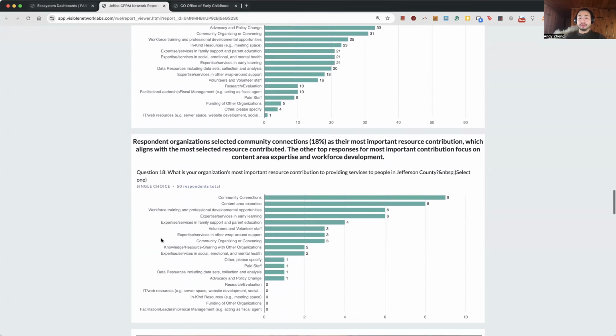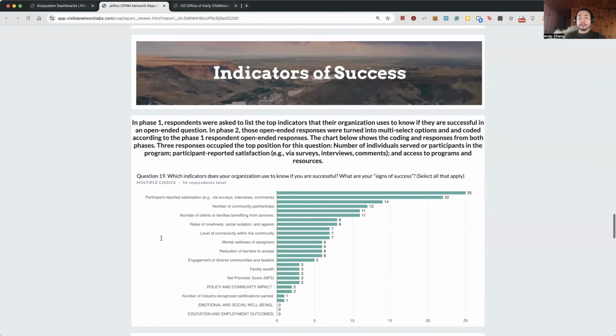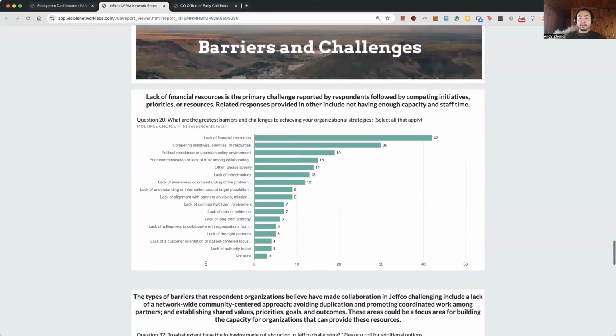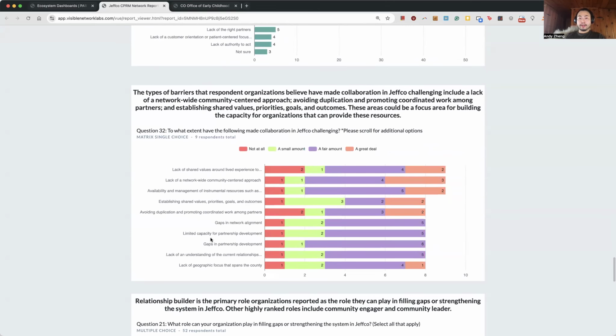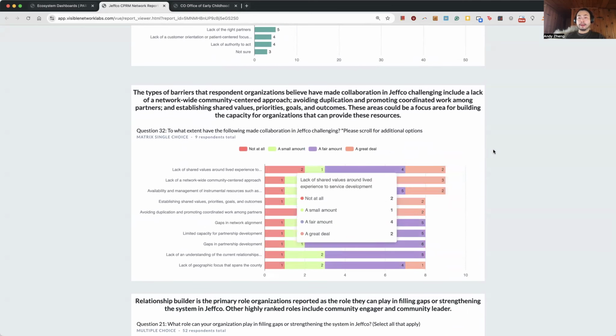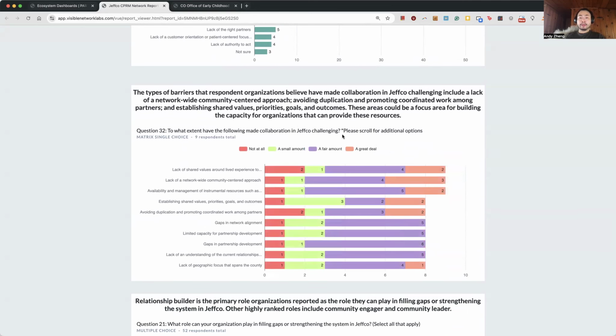And these are about resources, contributions. And here's a chart about organizations' rating on what makes the collaboration in JEFCO challenging and the responses by organizations,